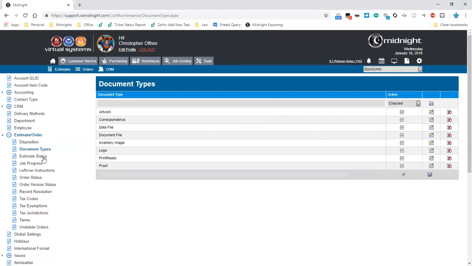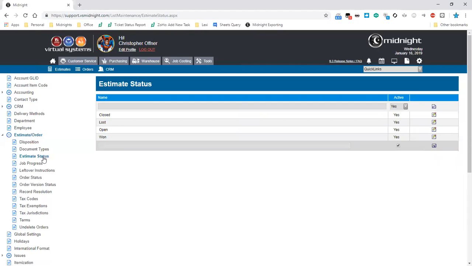We also have the estimate status, which of course allows you to update the estimate status. The status in here corresponds to whether or not the estimate has been open or newly created, won or converted to an order, or closed or lost, which are simply available options within here that we supply as a default. You can modify these, however, do be aware that if you change the open and won text, some of our reports, which base themselves on those particular terms, may not pull data as you would expect,